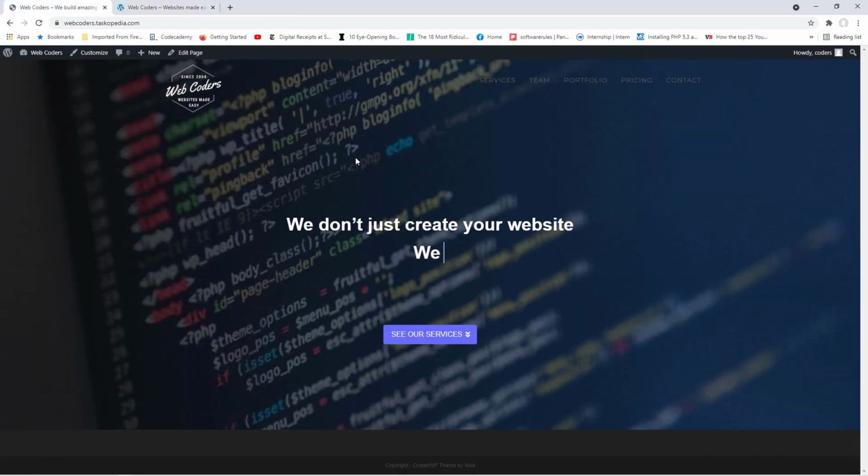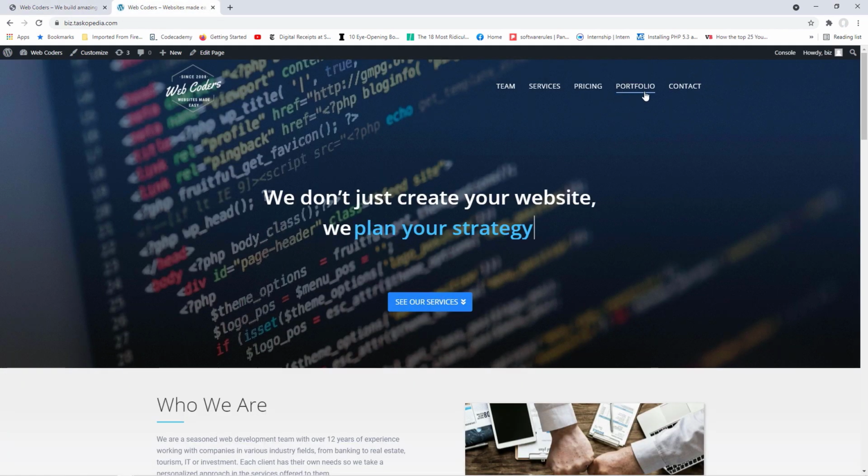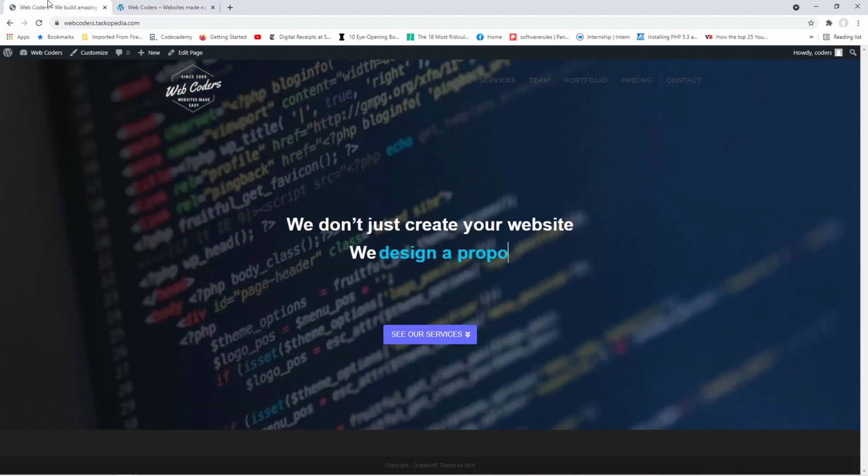One more thing, we've not yet finished. We need to change the color for our menu items. Right now you can see they're kind of brownish. We need to change them to white as what we have in here. So let's do that. I'm going to go back to customize,